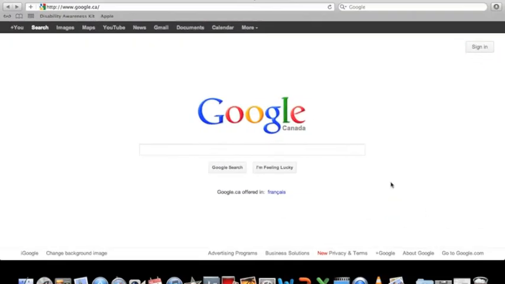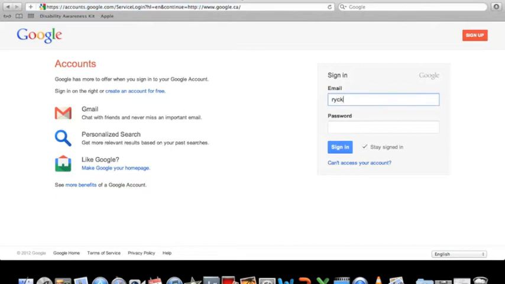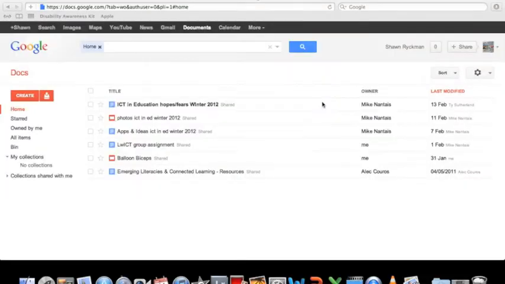Well, here we are, back at the Google homepage. The first thing you have to make sure you have is a Google Gmail account. So I'm going to sign into mine so we have access to Google Docs. Since a lot of us are already familiar with Google Docs because we've been working on it throughout the semester, I'm just going to outline a few things that you probably don't know about